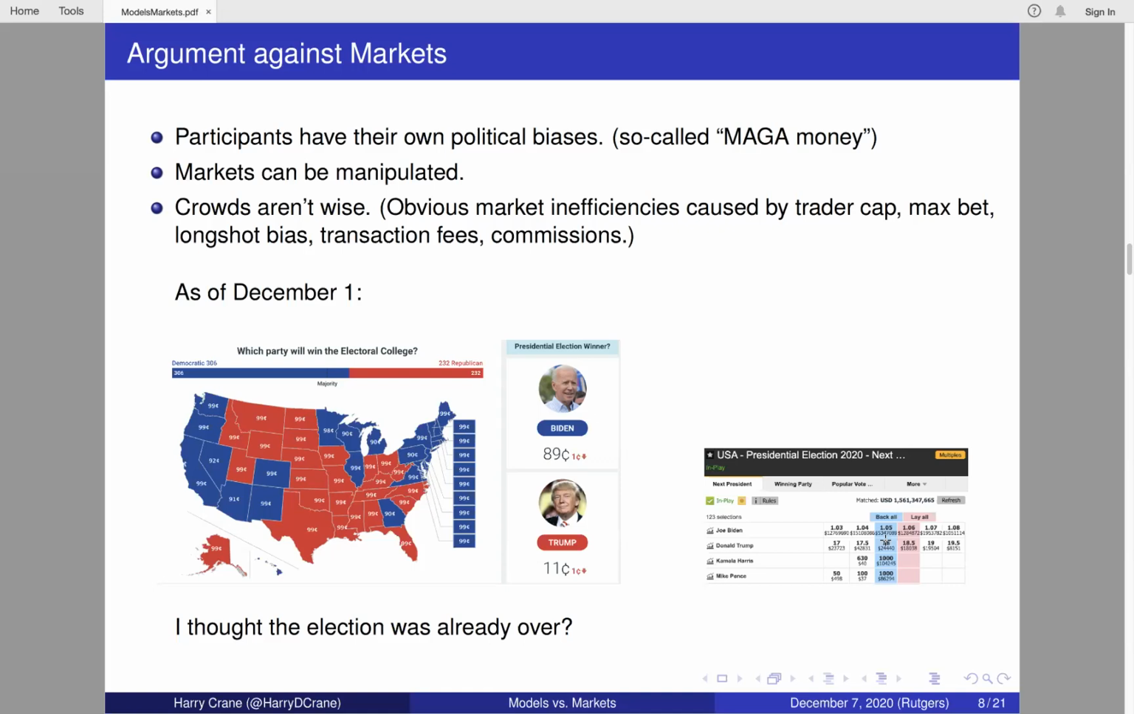So the markets can be manipulated, but at least in that case, to manipulate the market,